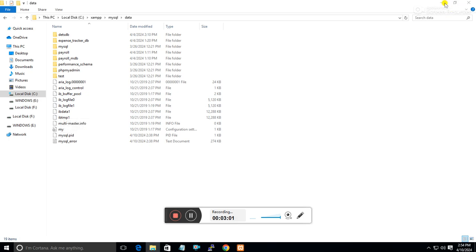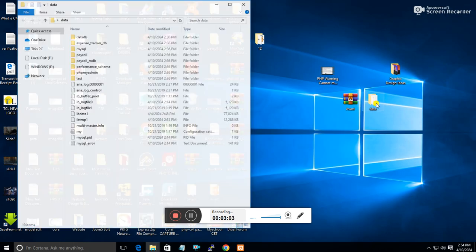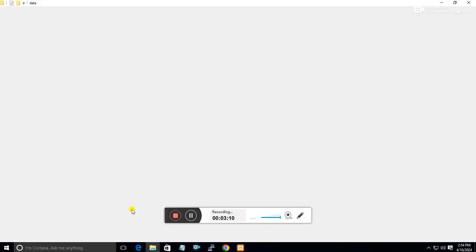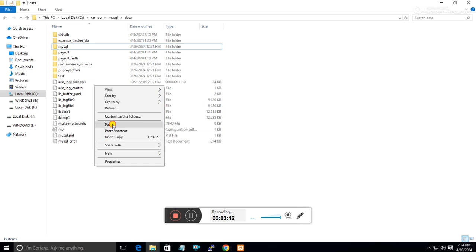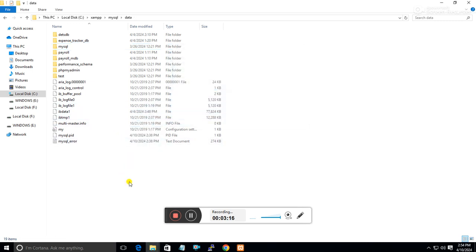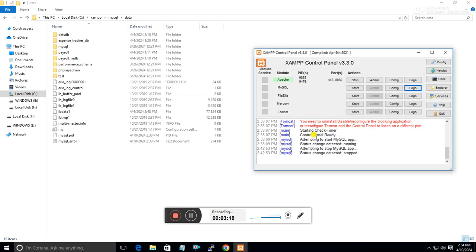So what I will now do is go back to my original folder that I backed up. Then I'll copy ibdata1 and paste it back so that I'll have back that original file. Now once I do that, then I can go back to my Apache and I will start my SQL. Now once it's started, I can use my phpMyAdmin to check my tables, then I can proceed to